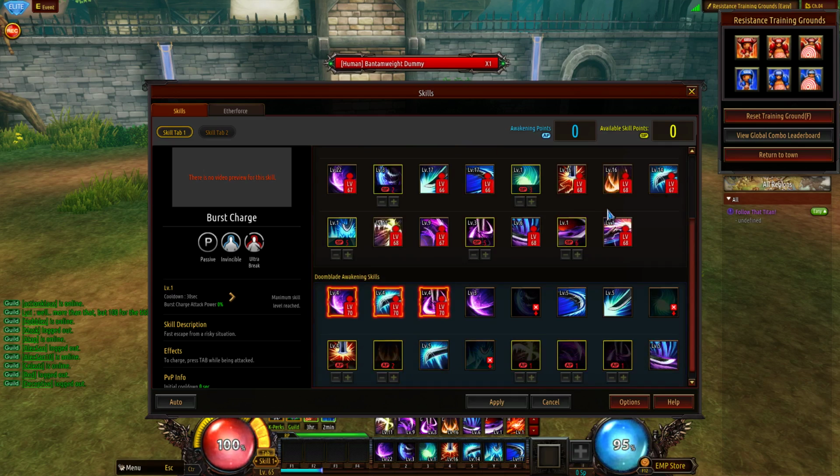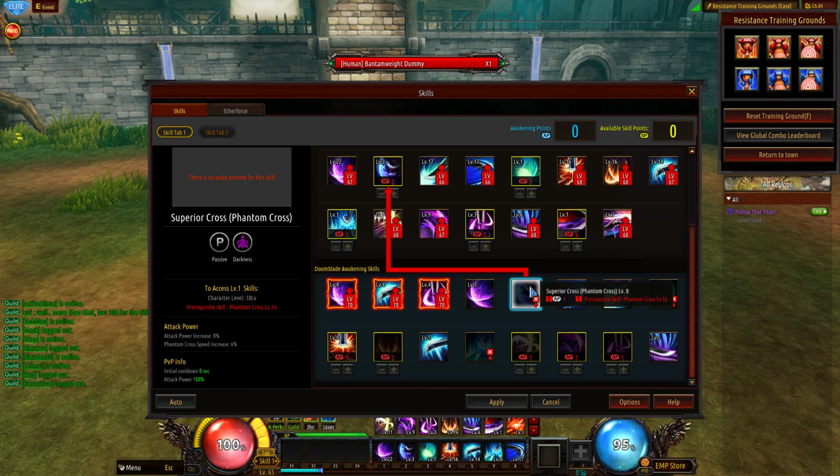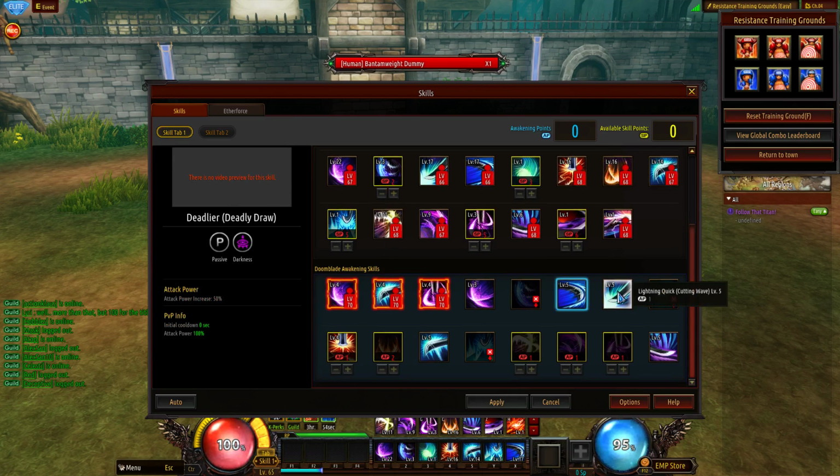And as I said, 3% debuff, it's 3% more slash damage, and every skill other than Oblivion deals slashing damage. So I'd personally take that. As I said, Phantom Cross, not really worth it. Deadlier Draw, Cutting Wave for Lightning Quake. Just very, very handy tools. And for PvE at least, you'll be using this so often that, yeah, I don't think there's any other choice